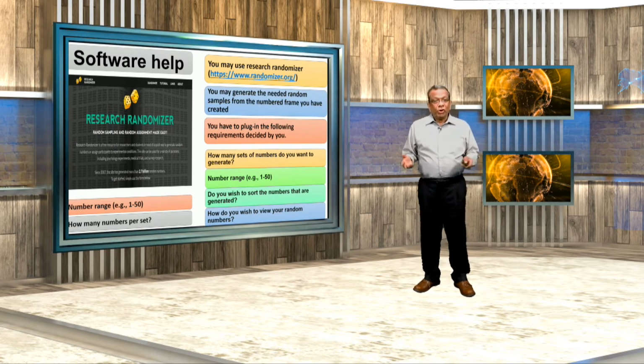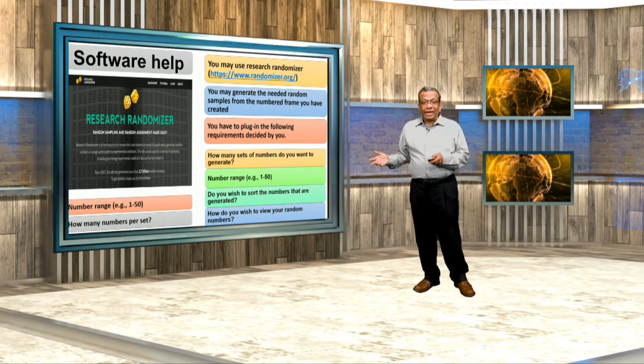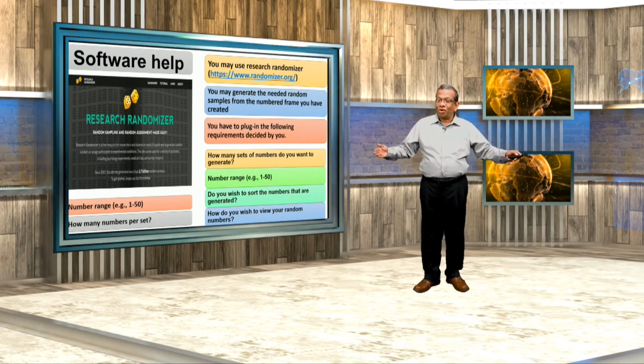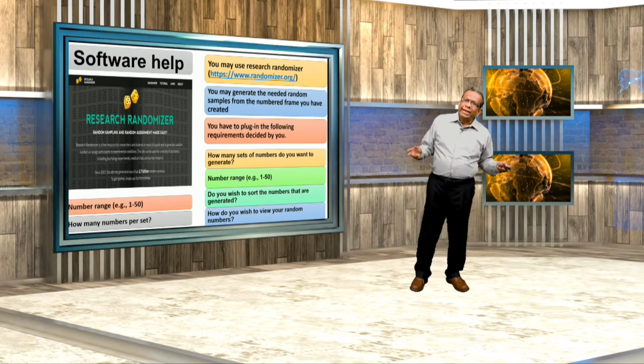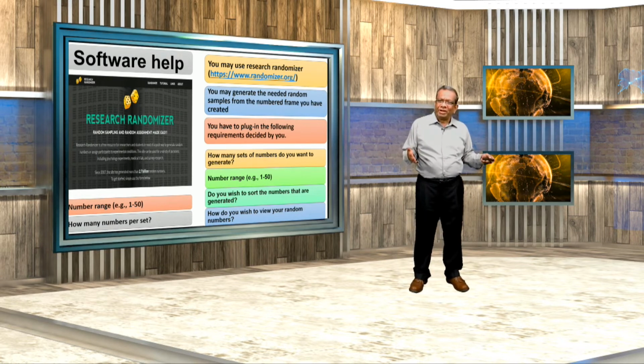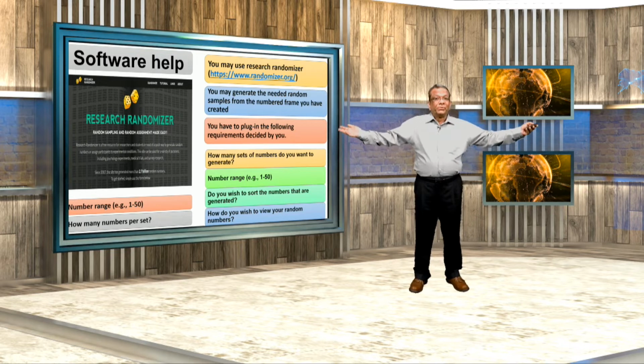For example, if you are doing an experimental research, you may need to have two sets. Or else, if you are going to give a questionnaire and then trying to find out information from them, you may require only one set. Now, number ranges from 1 to 50. For example, if you go to an organization where you find 1,000 employees and you need to select from them, give as 1 to 1,000.